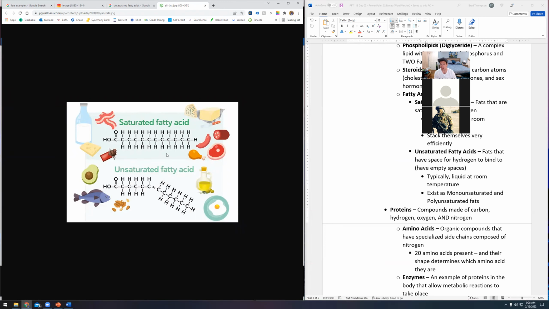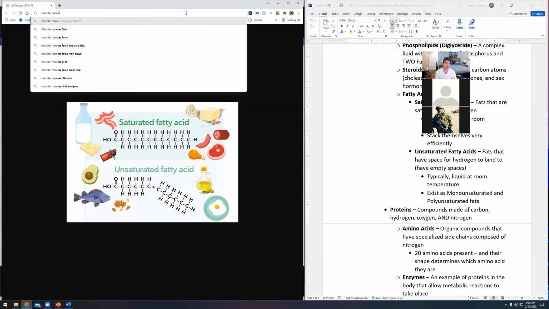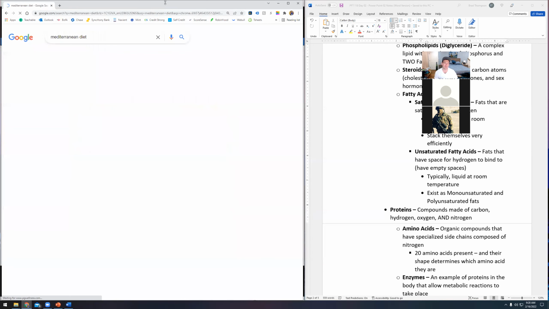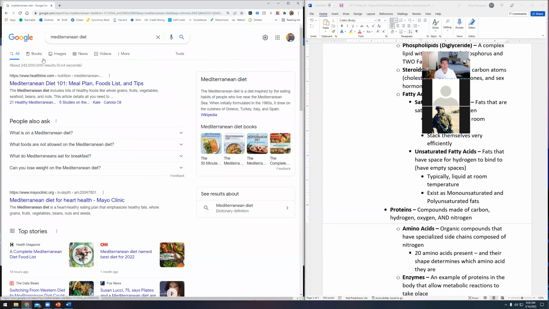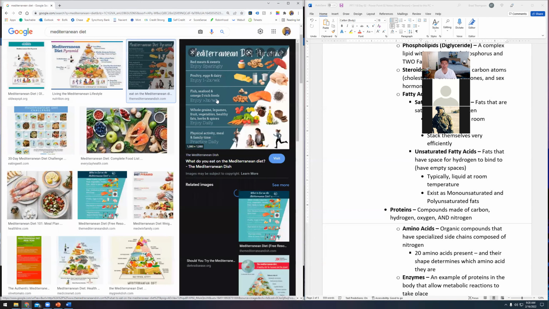So unsaturated fat, you've probably heard this before. I know I got a couple people who work in the medical industry. Dion, I'm sure you've heard this before at some point. They'll say a really good heart healthy diet is the Mediterranean, which I can't spell, Mediterranean diet, right? And the reason they say that the Mediterranean diet is so good for people is if you look at it,